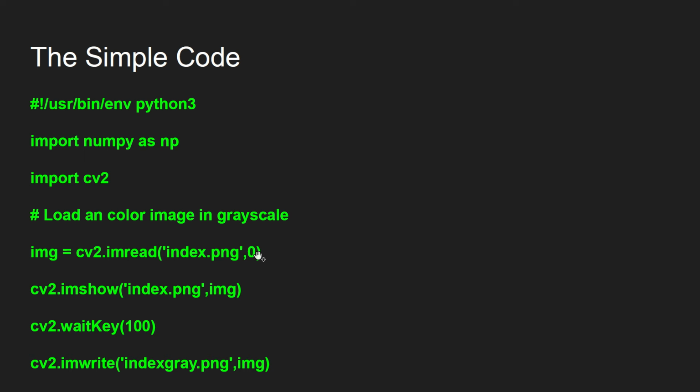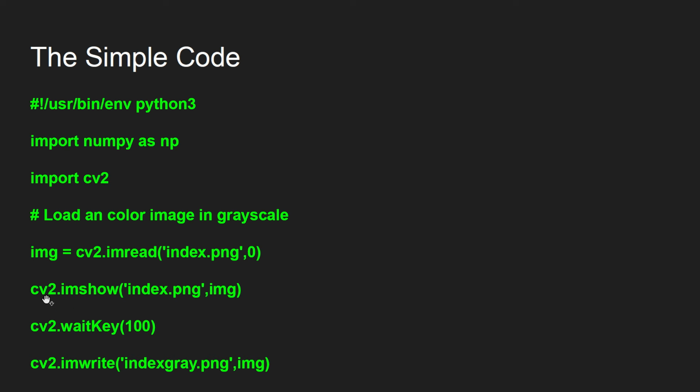Comma 0. This can be 1, 0 or -1. Now this step is very simple. Where I used imread, I used cv2, which is nothing but your OpenCV. So I have imported OpenCV already, and I read the image, and this should be in the current directory itself. Otherwise you need to give the full path. It might not work otherwise.